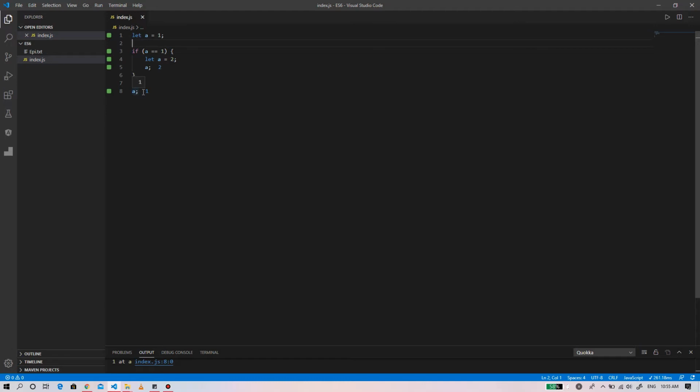Because the let keyword declares a block scoped variable, the a variable inside the if block is a new variable and it shadows the a variable declared at the top of the script. Therefore, the value of a in the console is 2. When the JavaScript engine completes executing the if block, the a variable inside the if block is out of scope. Therefore, the value of the a variable following the if block is 1.